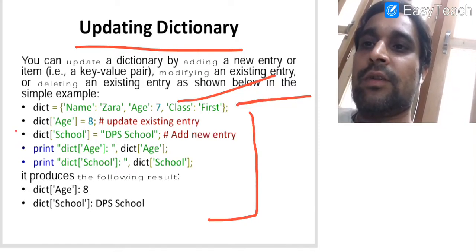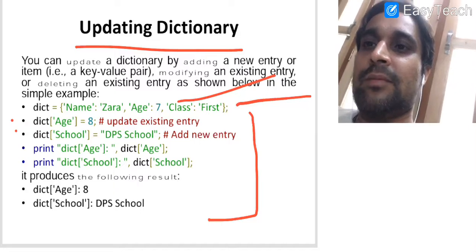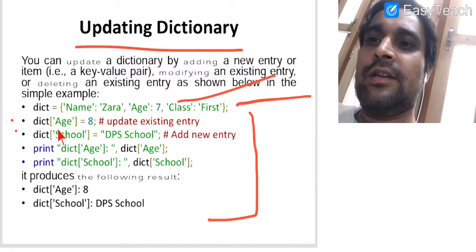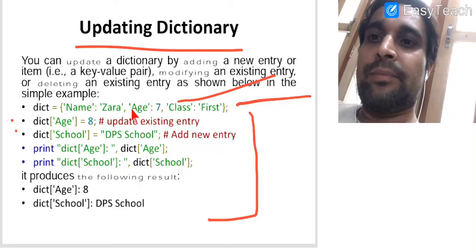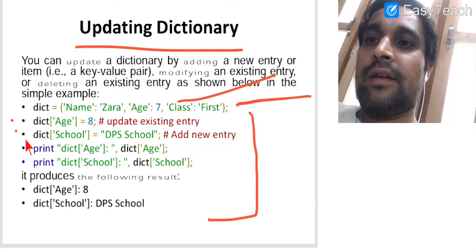Thereafter, you can see in the second statement we have written DICT age is equal to 8. Age is a key that is already available in the dictionary, so this value 7 will be overwritten by 8. Next statement we have written DICT school is equal to DPS school.